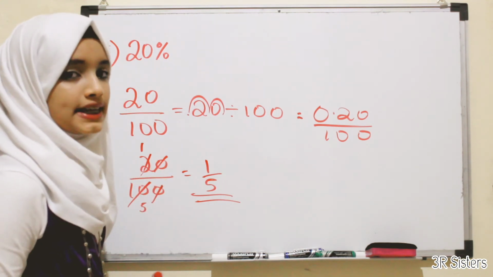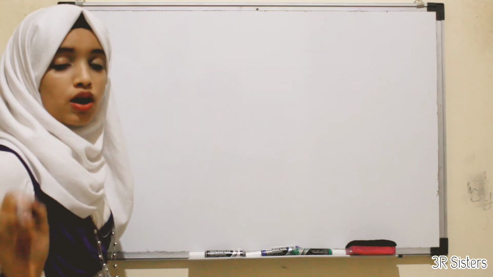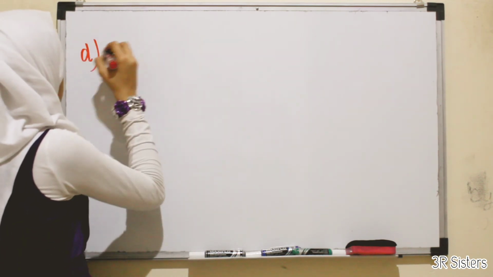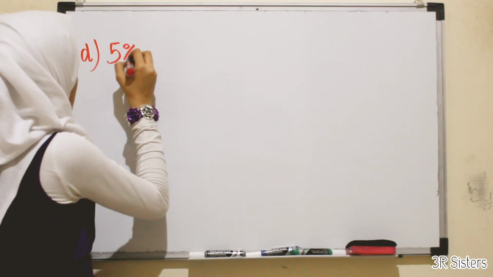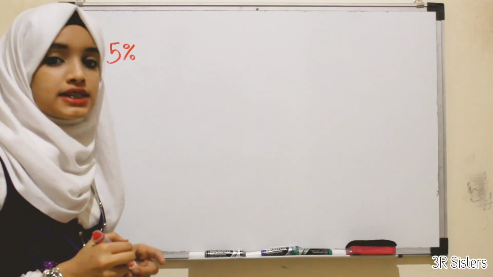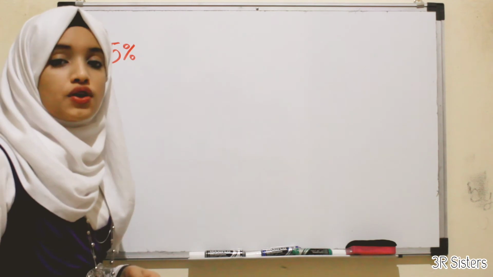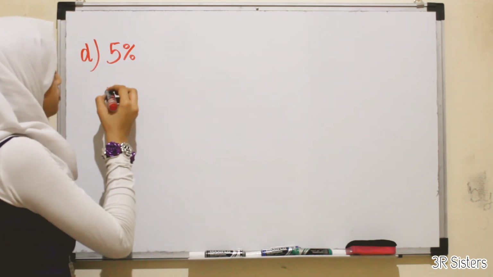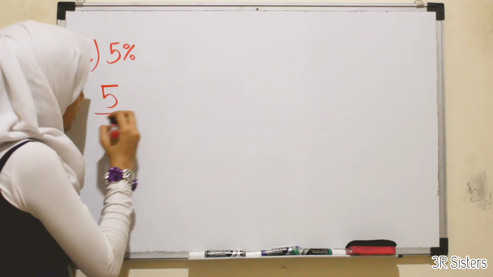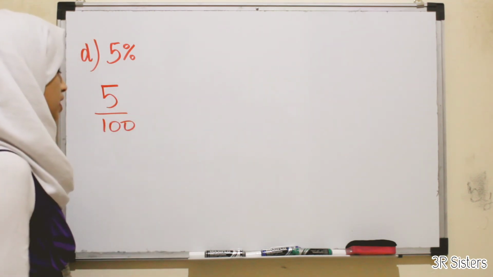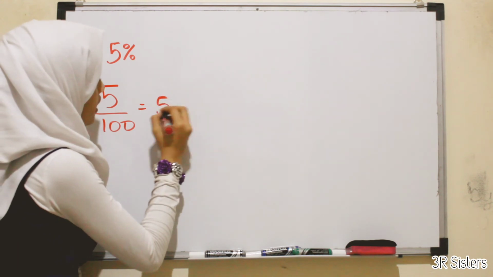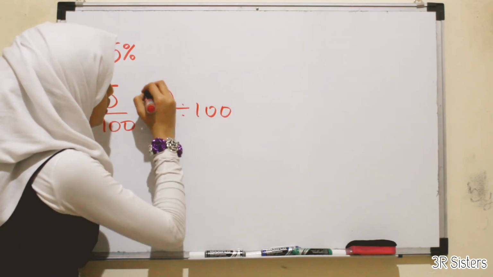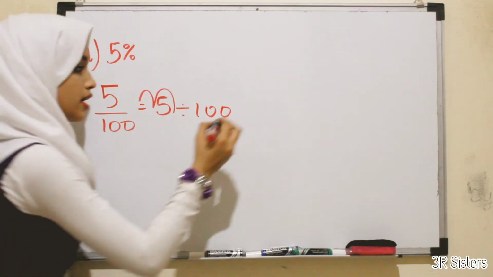Now let's move to the D question. So what is the D question? D question is 5%. We have to convert it to a decimal fraction and also to its simplest form. How will we do it? First we have to write 5 by 100, which is 5 divided by 100. So the point will move 1, 2. So this will become